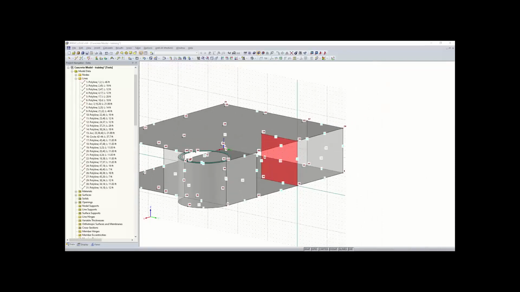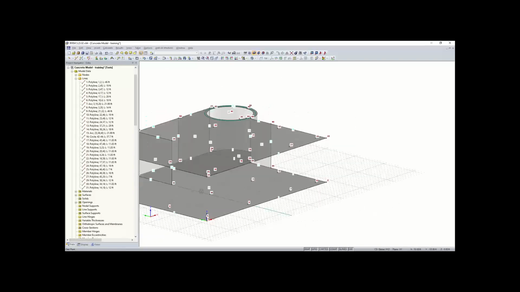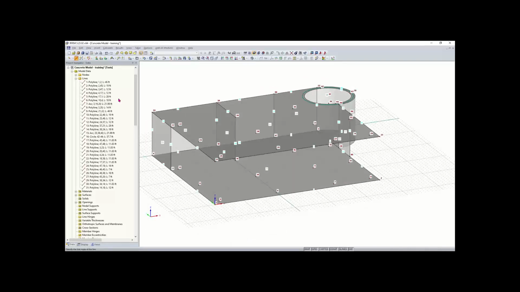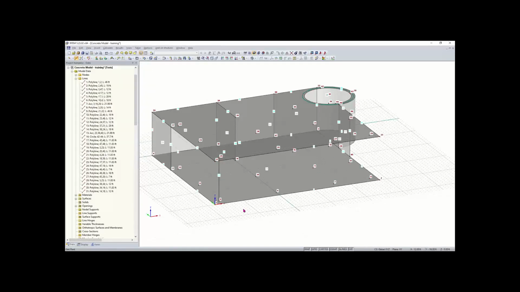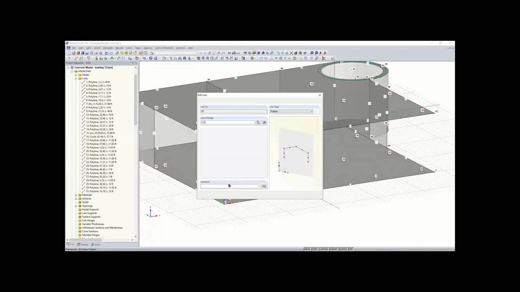After that, we want to now create our columns. So I can set my work plane back to the XZ plane. And then I'm just going to connect these nodes that we created in the beginning with a line. So I'll pick node 5 and 25. And then what you can do is you can turn lines into members basically by double clicking on them. And then going to member, there's some tabs up here. If you go to the member tab and then available,